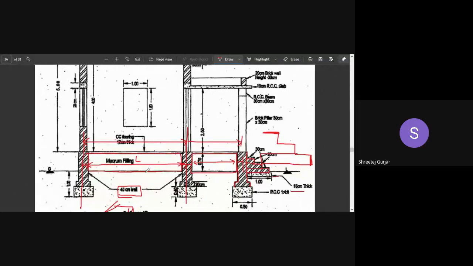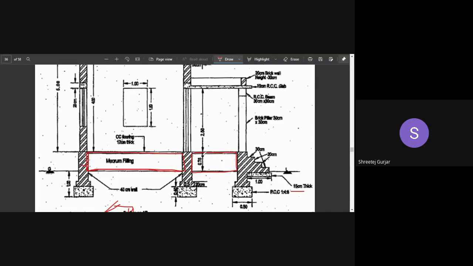So this Muram filling quantity, have you understood how you calculate the length, which I've explained now? Or should I explain once more? Once more, sir. Okay, I will explain once more, so just concentrate here. This is Muram filling, this quantity we need to calculate. I'll just draw. This is the Muram filling which is required, and this is also Muram filling which is required. This is the quantity which we require.